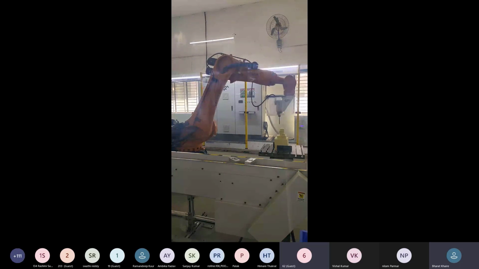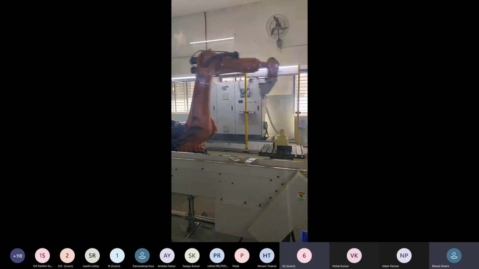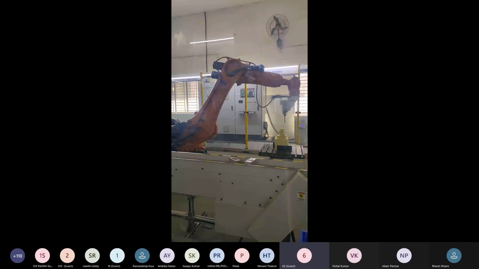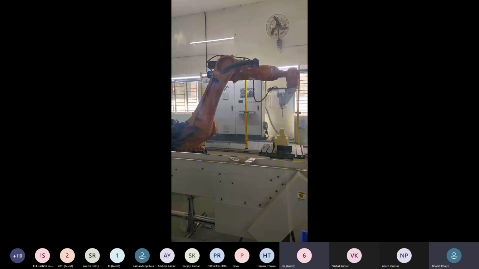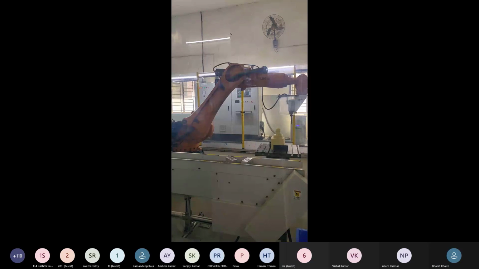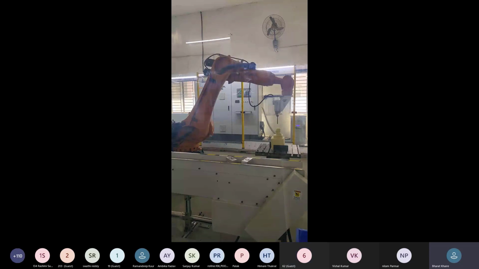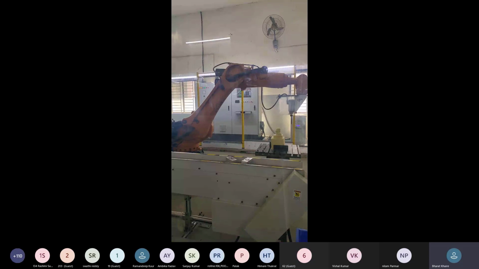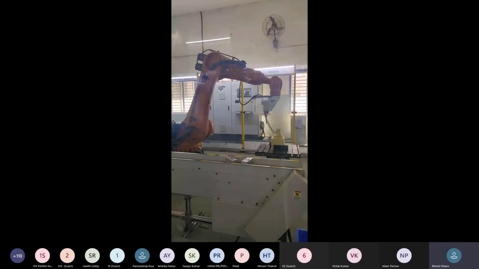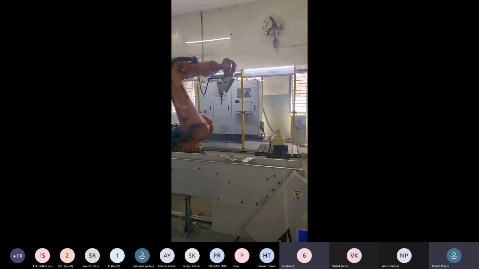Okay, sir. According to my knowledge, X-axis is for movement forward and backward. Yes. Y left to right and Z top to bottom. Right. Is it the same for all the robots or does it vary, sir? It will be the same for all KUKA robots. World position will be the same for all types of robots like KUKA, ABB, FANUC. All the robots work the same in world coordinate system. Okay, sir. Thank you so much.